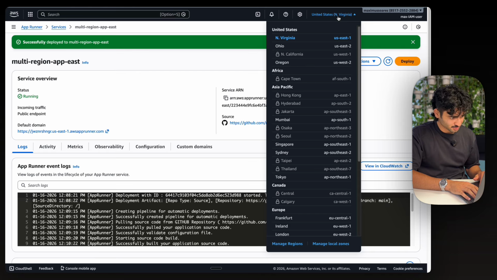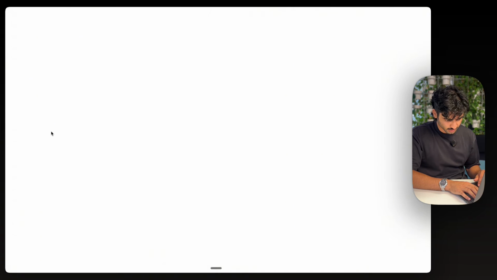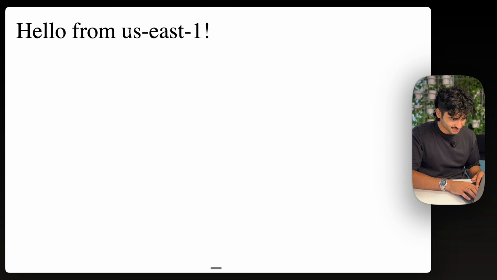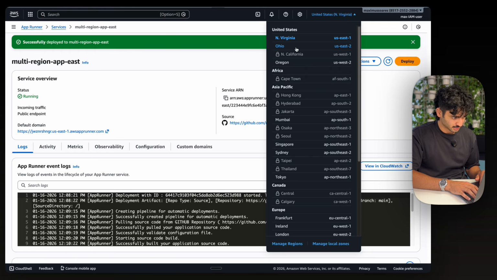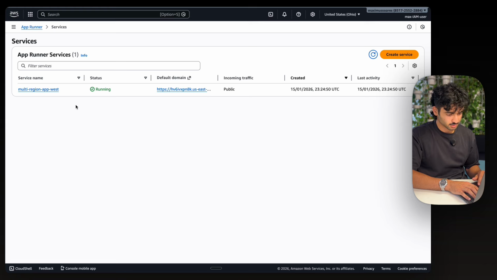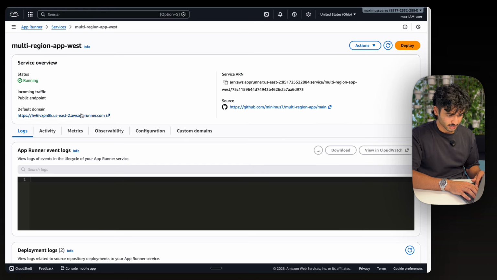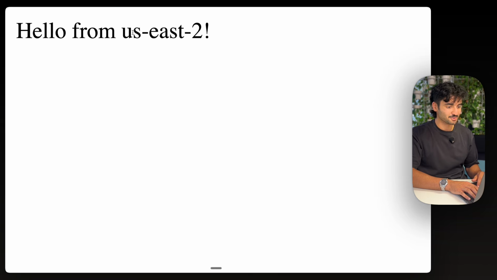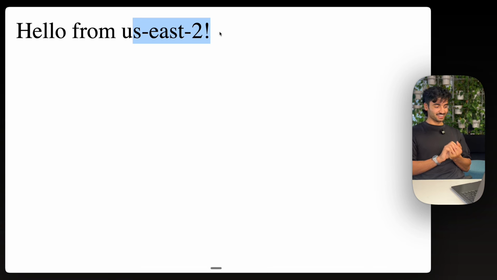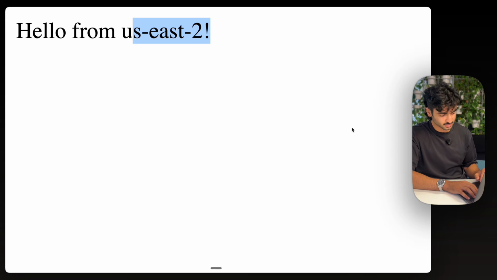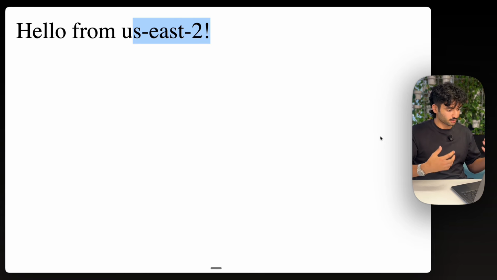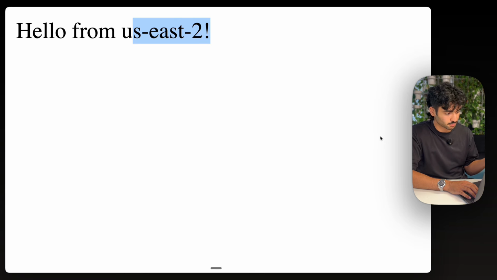All right, so things are deployed. We're in US East 1. I can click on this, and now you should see hello from US East 1. Likewise, I can go back to the terminal here. Let's click Ohio environment. Sometimes you just gotta reset it. I don't know why it does that. Then we can click on the domain here and US East 2. Let's go. So now you can clearly see which region is serving which request. And this is crucial for testing and verifying your multi-region setup is working correctly.